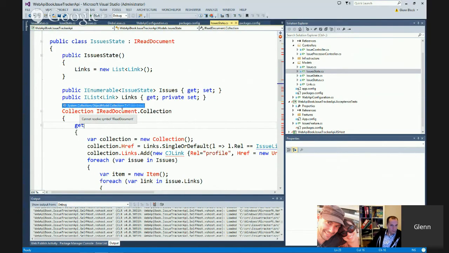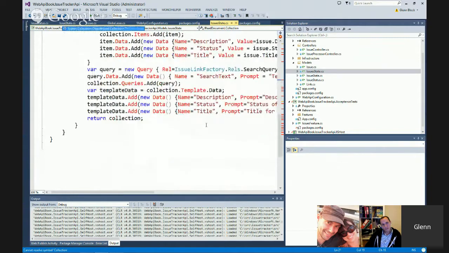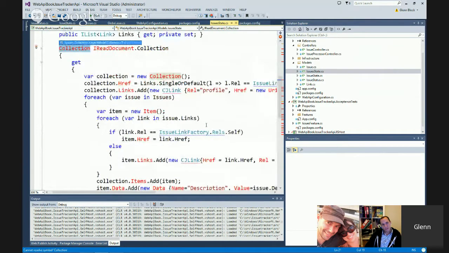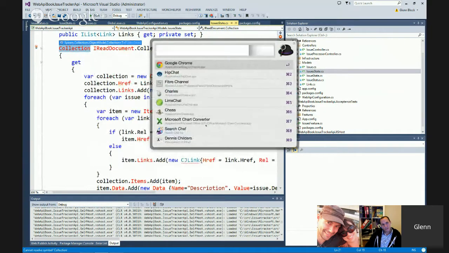So the idea is, in order to make collection JSON more flexible, I made it also support an interface. It will look at any object that's getting sent to it and say, do you implement IReadDocument? And if you do, I'm just going to access the collection property, which will return a collection JSON model. So the takeaway here is that formatter that we've written for collection JSON, which I can show you,